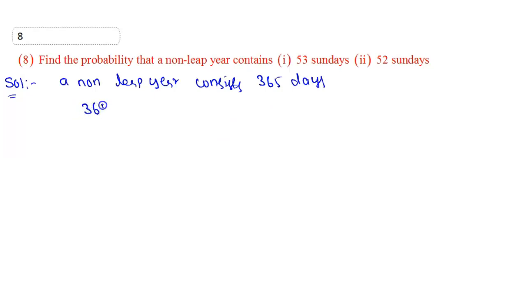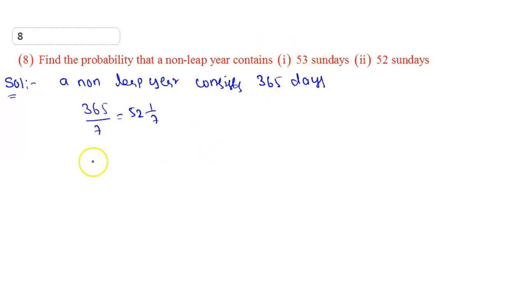So 365, in the sense in a week contains 7 days. That is nothing but 365 divided by 7. So this goes to 52 mixed fraction 1 by 7. Exactly 52 weeks will happen. Right. So we can go for mixed fraction 52 and 1 by 7. So here 1 by 7 is what? If you take that 1 by 7 is a Sunday, that goes to 53 Sundays.